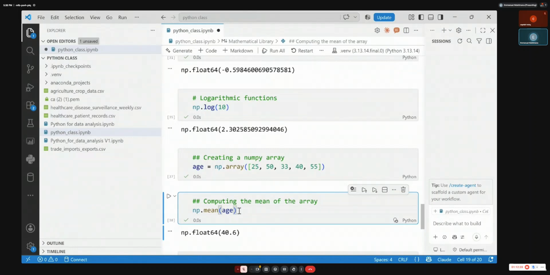What's the median of this value? What's the median?